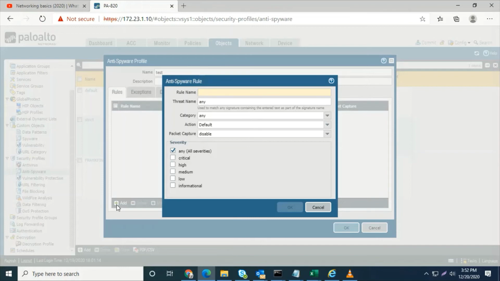Anti-spyware rule: any all severity, or only critical severity or high severity to be blocked, or any all severity to be blocked. Give the name test spyware.